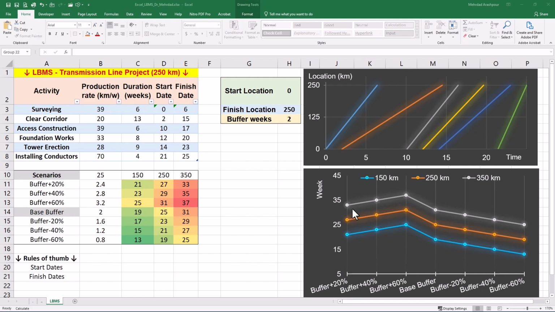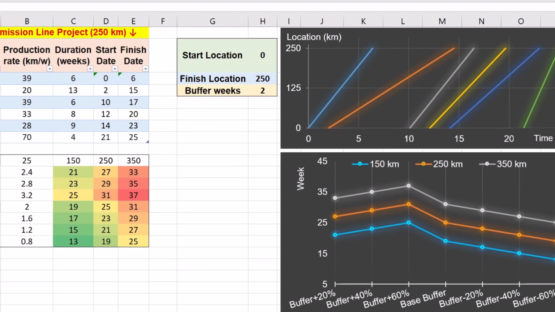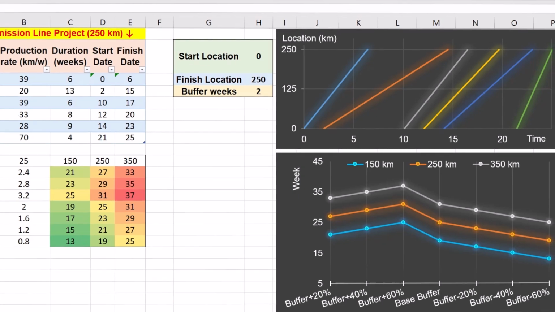Did you know that Excel can support location-based management system or LBMS in construction and project management? This is a key concept that focuses on managing work based on physical locations of activities rather than traditional critical path method or CPM. In this video, we'll create and share a dynamic template in Excel with 4 easy steps: